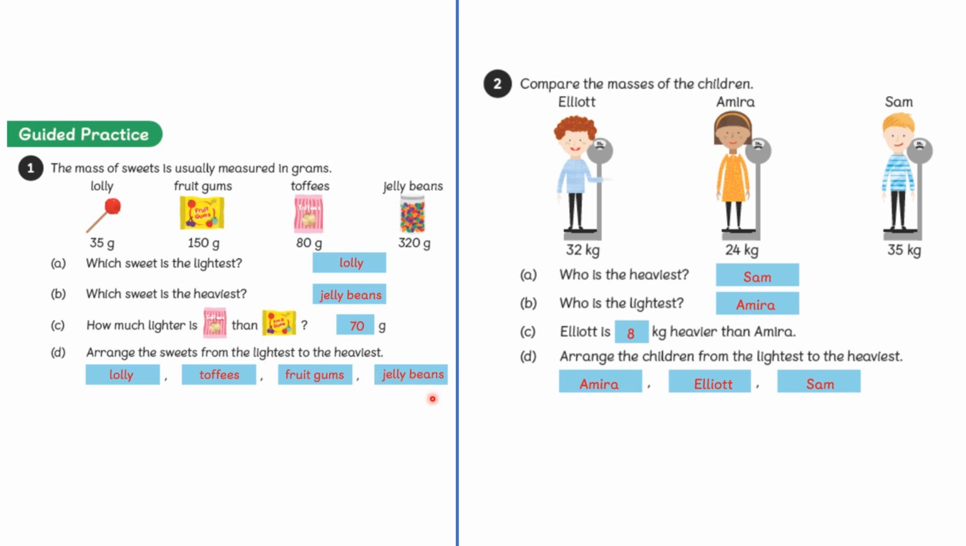Really big well done if you managed to get all of those. Don't worry if you did make a mistake. Just put your letter C for check and you can come back to it at another time. Okay, and in question 2,